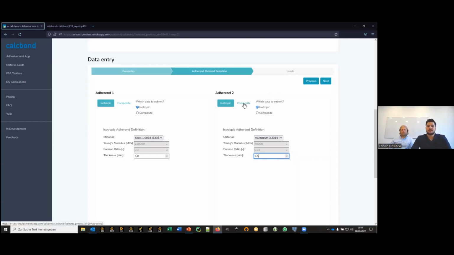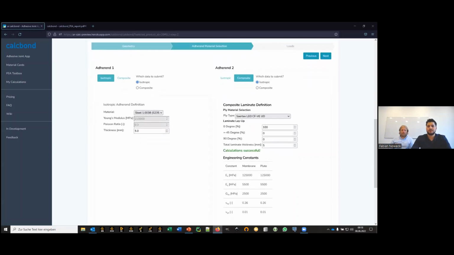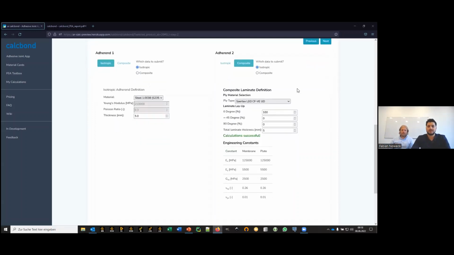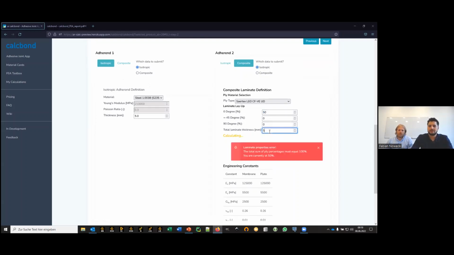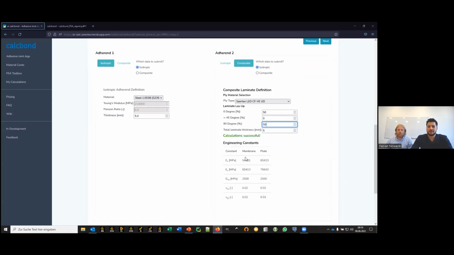You could also decide to switch over one adherent or both adherents to composites. So we have a basic composite laminate editor here, where you can change your stack up sequence or your distribution of different orientations of layers. So if you don't want to calculate a 100% unidirectional laminate, you can say, okay, let's do a 50-50 laminate setup with 90-degree plies also, and then you'll get your effective engineering data, which is then submitted to the